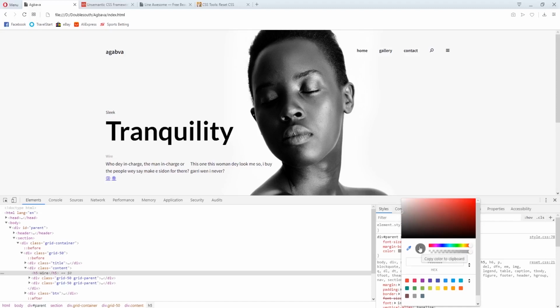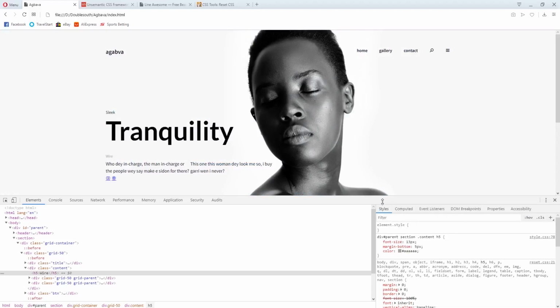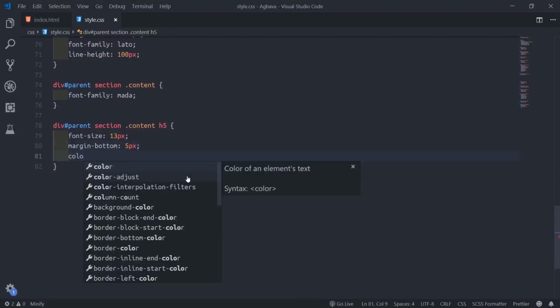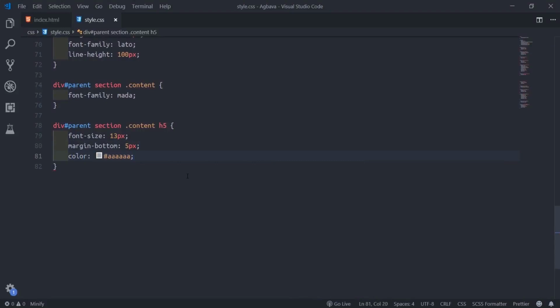Mind you, this inspect element is not the same in all browsers; the way Firefox is differs from the way Opera and Google Chrome are, though it's not too far from each other. So I'll copy this place, say color, then paste the color like this.